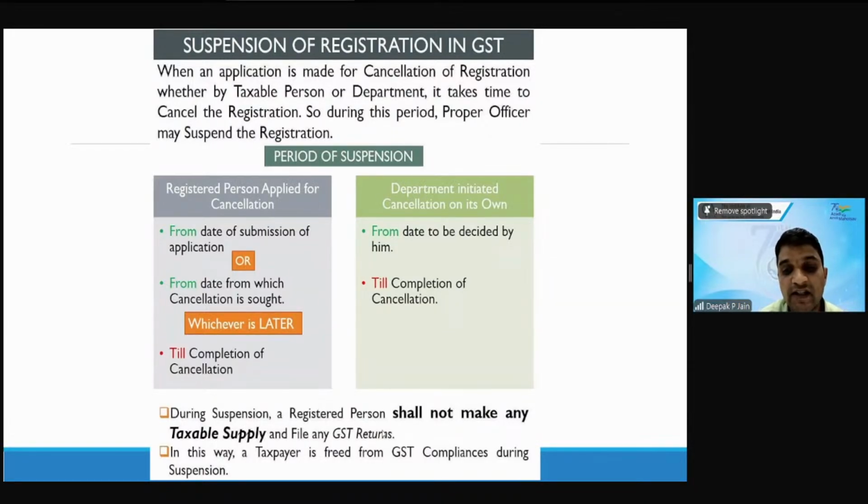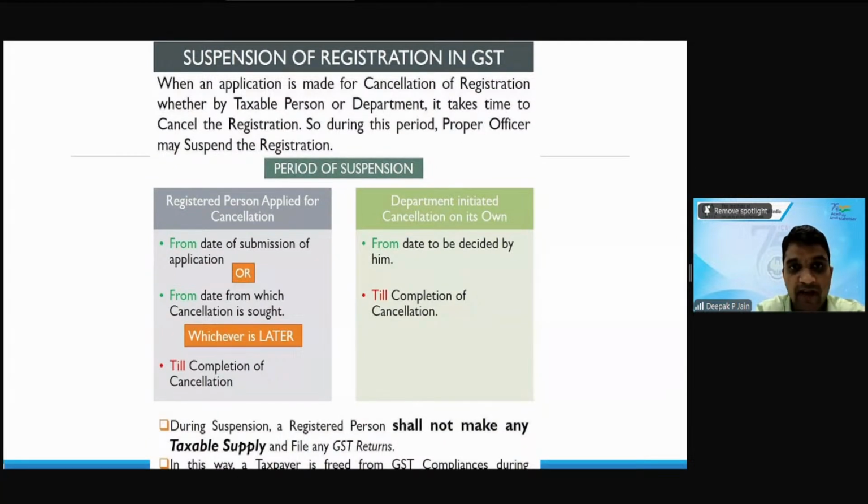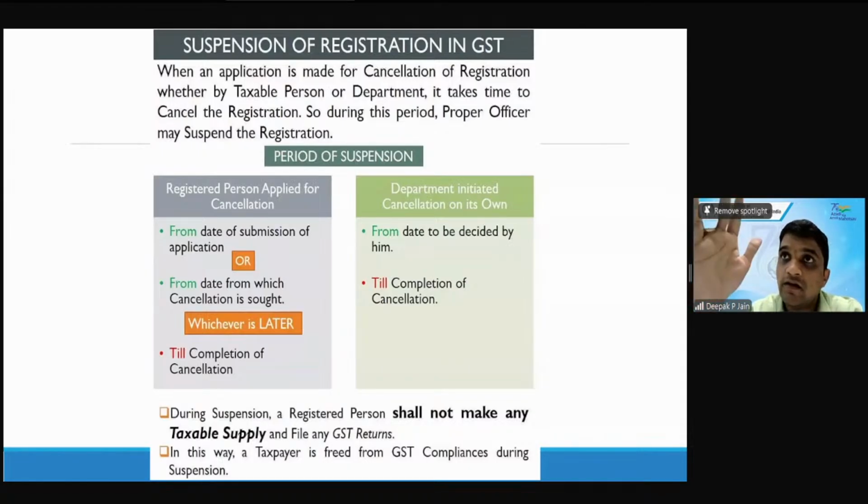ड्यूरिंग सस्पेंशन क्या होगा? ड्यूरिंग सस्पेंशन अ रजिस्टर्ड पर्सन शैल नॉट मेक एनी टैक्सेबल सप्लाई। सो सस्पेंशन में आप सप्लाई नहीं कर सकते हो क्योंकि आपका रजिस्ट्रेशन है लेकिन सस्पेंड मोड में है, और इस पीरियड में आपको जीएसटी रिटर्न्स वगैरह फाइल करने की भी जरूरत नहीं। ठीक है, सस्पेंशन मोड में यू डू नॉट हैव टू डू एनी बिजनेस, यू कैन नॉट सप्लाई और यू डू नॉट हैव टू फाइल योर रिटर्न्स ऑल्सो।